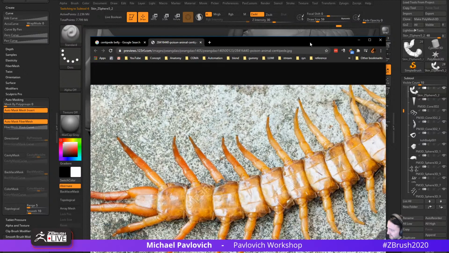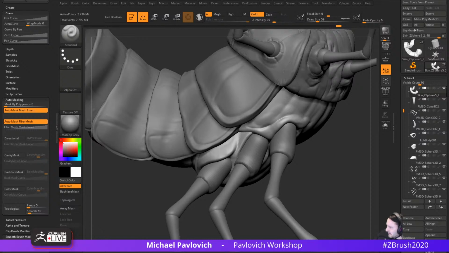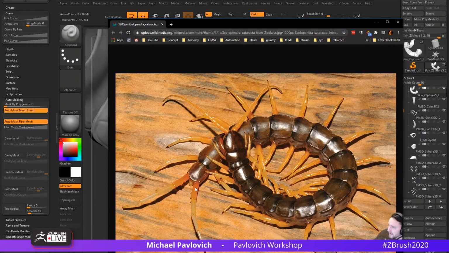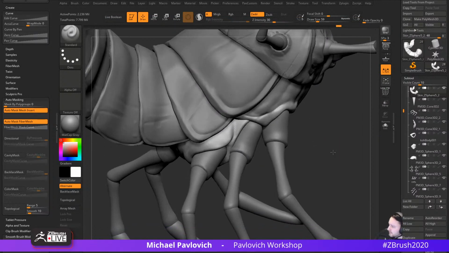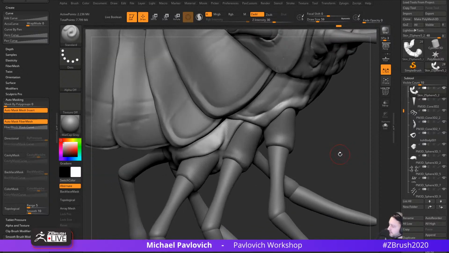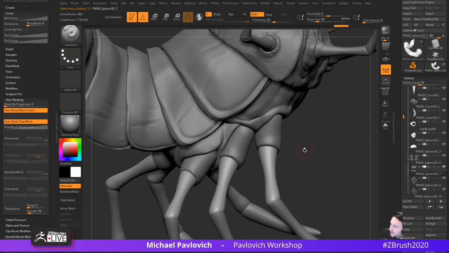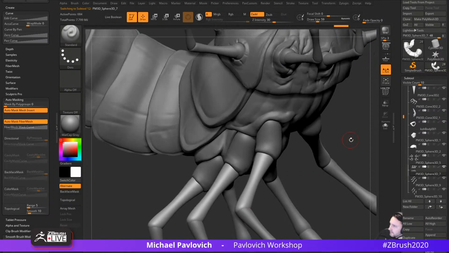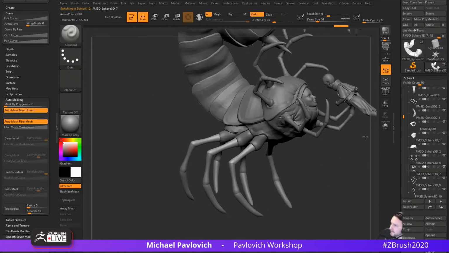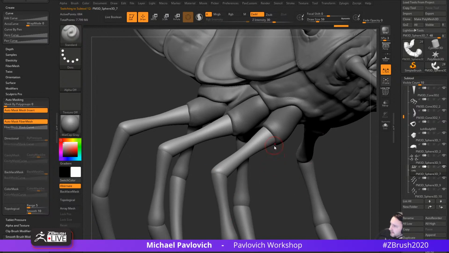Just looking at my reference, these segmented legs are fairly plain. There's not a lot going on there. In fact, a lot of it is handled in the color and the translucency, which we can do in ZBrush. Or if we want to throw this in KeyShot, or like I said before, V-Ray or Arnold or whatever later, we can certainly do that. But for now, I'll keep these simple, which would also be nice because it'll contrast against the detail we're putting in here. If we could just have a very simple, kind of a gummy